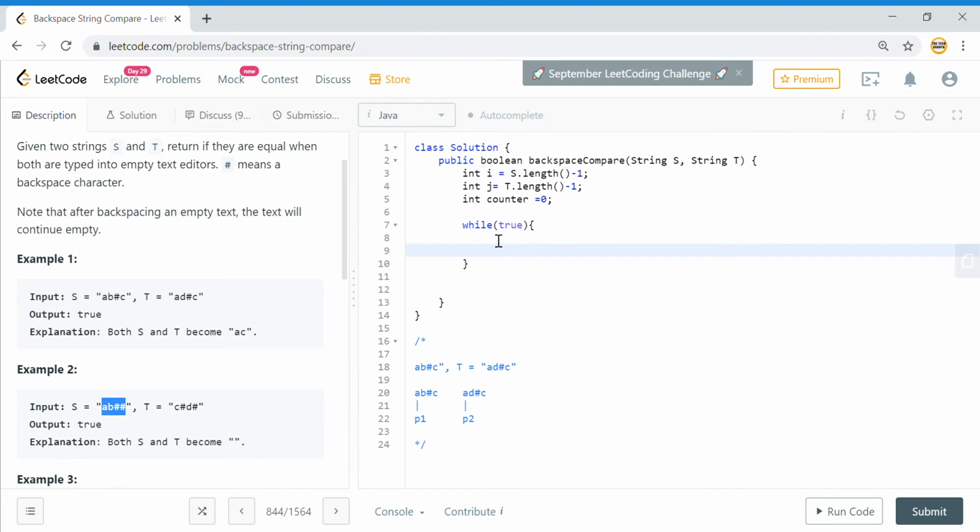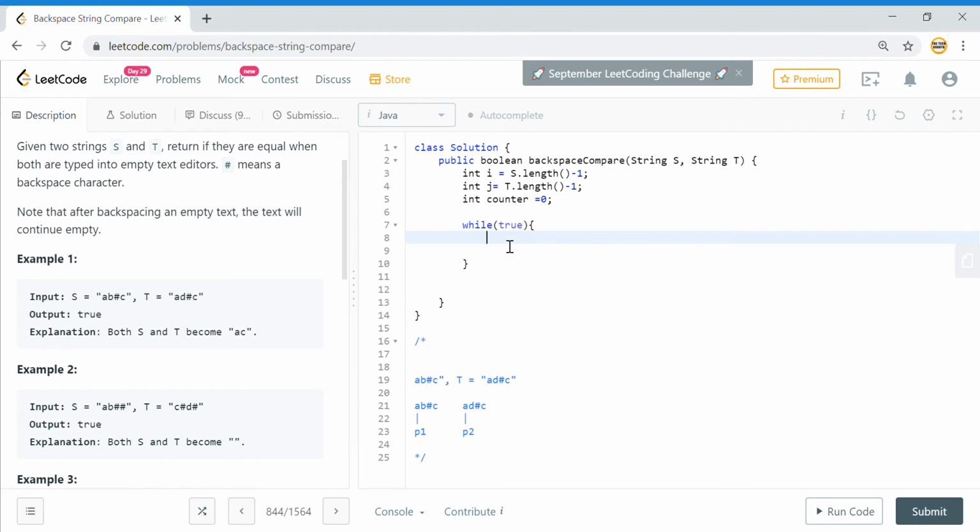So to handle such cases, we will have something like a b c s, and then we have a b c and then w and then hash and then s. In this particular case this w will anyway be removed, so these two are the same. To handle such a situation, we'll simply say it's true, and when the condition does not match, we'll break out of the loop.